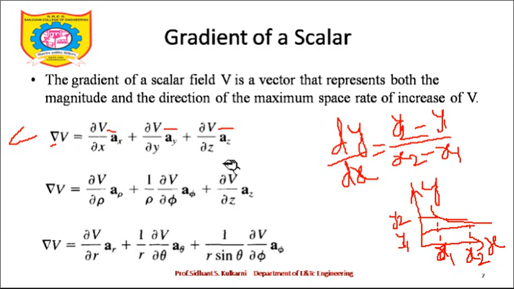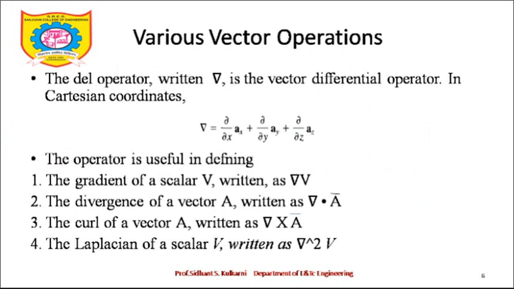Now let me make this point very clear to you. When we are looking at certain equations, you should first understand in which coordinate system the equations are given. Once that is clear, the second question you ask yourself is what you are supposed to solve. If I am supposed to solve gradient, first ask yourself in which coordinate system the points are given, and that's why there are different notations for Cartesian, cylindrical, and spherical coordinate systems.